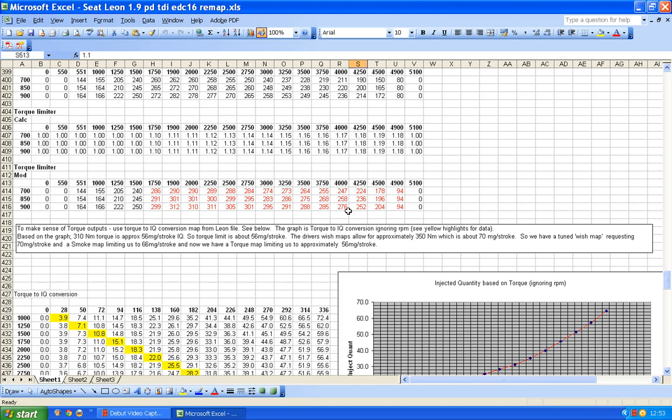Still got a slight taper off at this end, and it's a good idea to have what I think of as an emergency cut-off. In other words, it's always a good idea to have one number at the end with 0. Then you cannot completely destroy the engine, or hopefully not, using the accelerator pedal, because there will be a cut point at the very end. So hopefully you will not rev to the point where you damage your own engine.